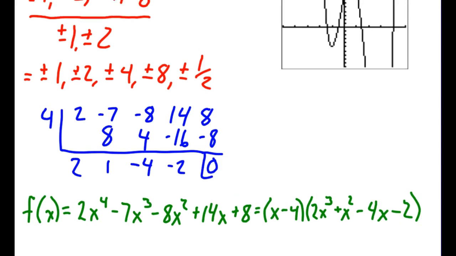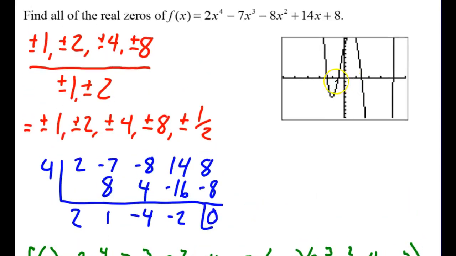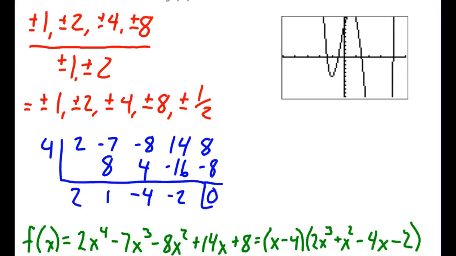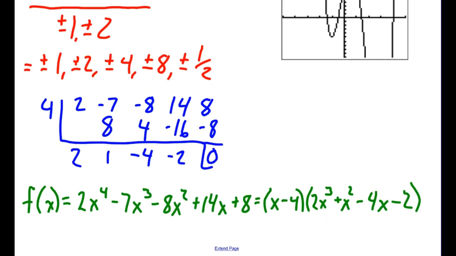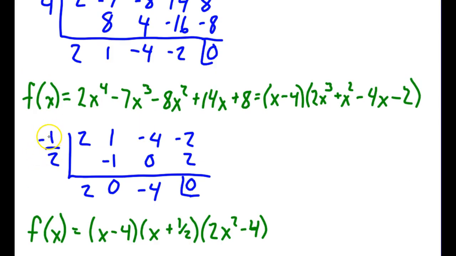Going back and looking at our graph, we want to determine if there's another value we can check. It looks like -1/2 is another possible rational zero. That's an option from our list. So we're going to check -1/2 using synthetic division. Notice when I use synthetic division, I'm not using the coefficients we started with in the original polynomial. I'm using the coefficients that remained after we did synthetic division the first time. So we take 2, 1, -4, -2, bring that down here. If we go through synthetic division, we get a 0 as our remainder, which implies that -1/2 is a 0